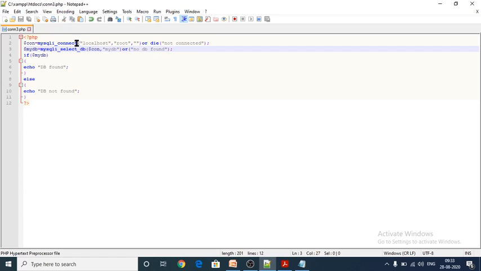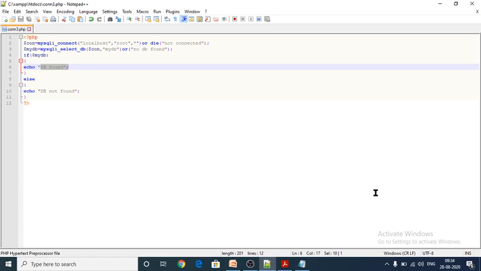So connection is nothing but this one, which connection has to be connected with the PHP scripting language. Suppose there is no database found, it has to print an error. Next one, if my database is available in my machine, it has to print DB found. Else, if my database is not available there, it should print DB not found.